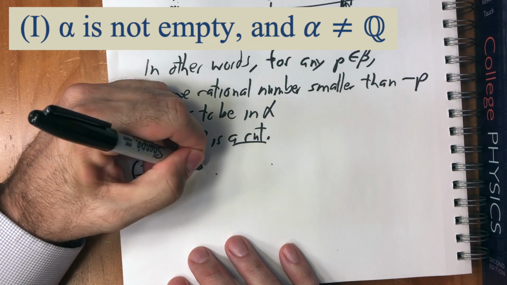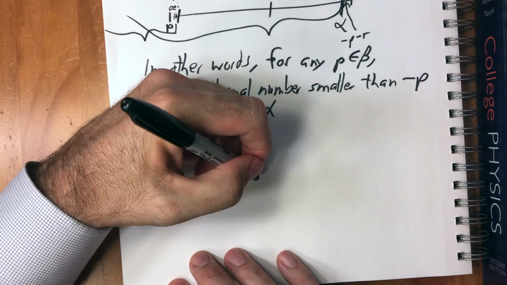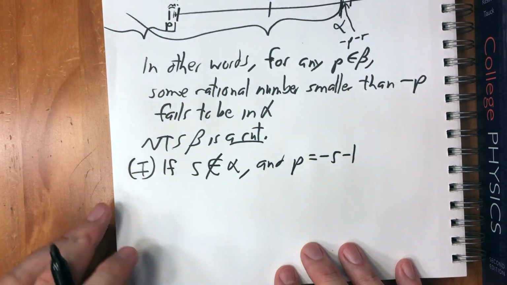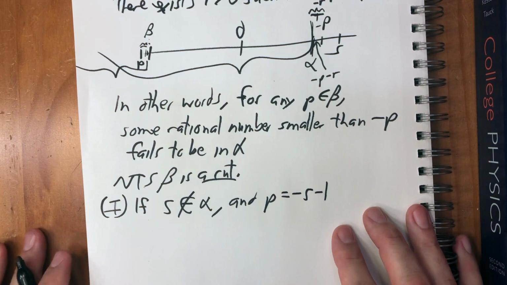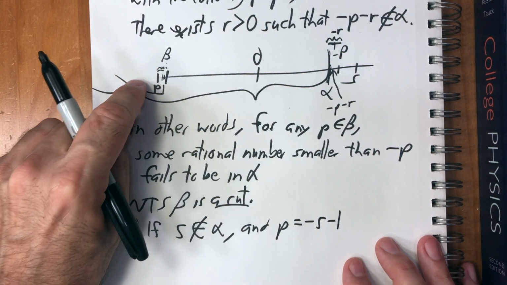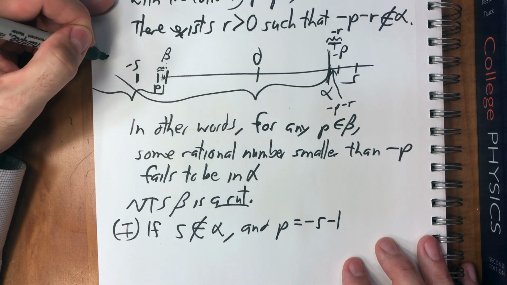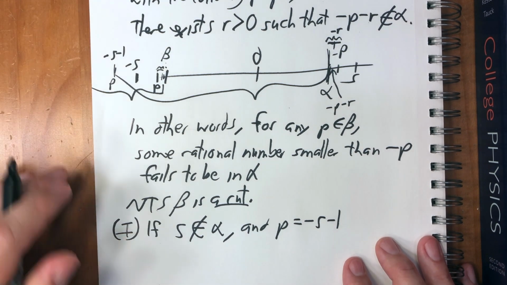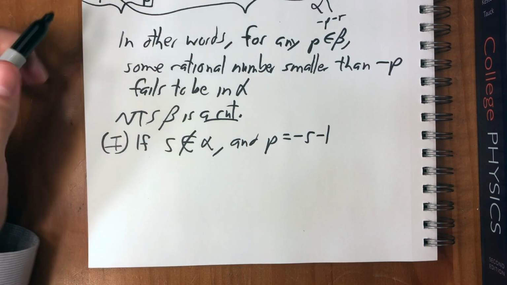So if we start with an s that's not in alpha, and p equals minus s minus 1. So what do we have here? So we're saying that there's some s up here that's not in alpha. That means that the inverse of s is going to be way over here in beta, minus 1. So here's minus s, and then minus s minus 1 is even farther over. So if we make this our p for this part, so if we say that this is our p, then